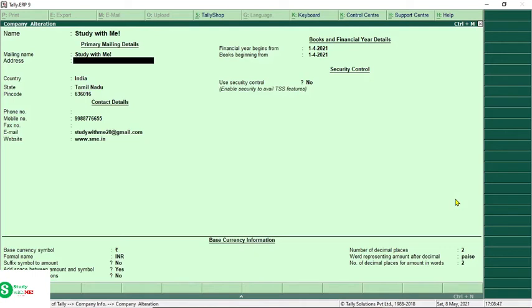Now you have to give your phone number, the mobile number, or the telephone.